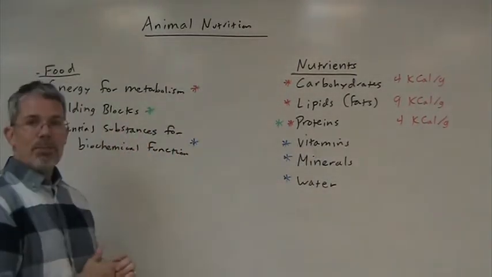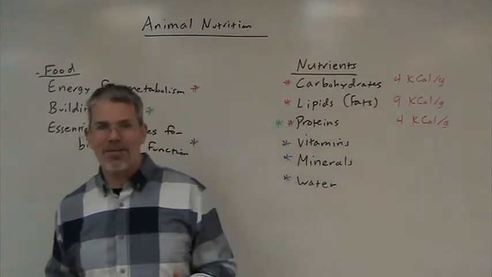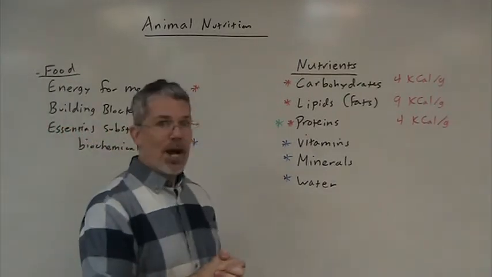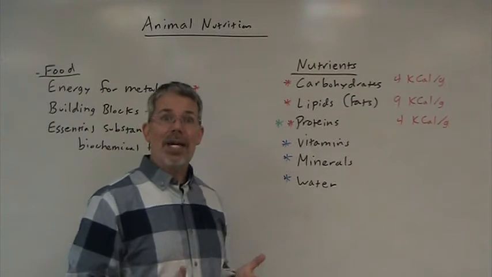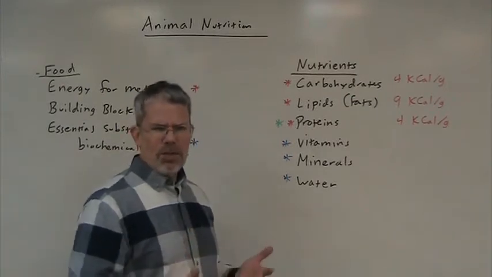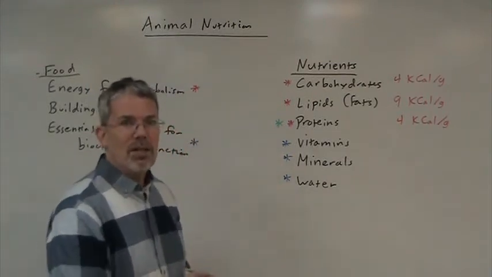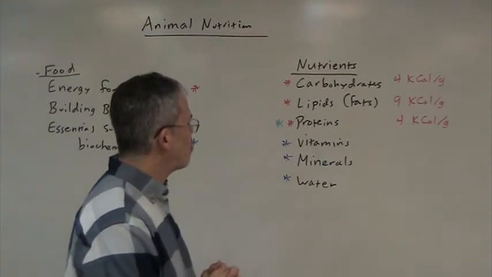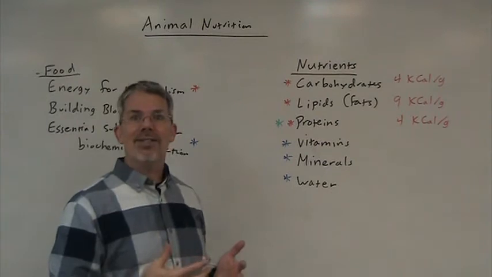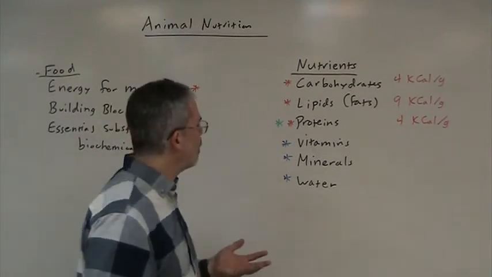Now, when it comes to building blocks, proteins are made of amino acids, and our proteins are also made of amino acids. There are 20 amino acids in nature. Our bodies have the ability to manufacture 11 of them. That leaves 9 essential amino acids. Now, in your lecture notes, read about the complete proteins and incomplete proteins and how that relates to protein deficiency. But in a nutshell, if you're deficient in only one essential amino acid, you are protein deficient, regardless of how abundant the other 19 happen to be.